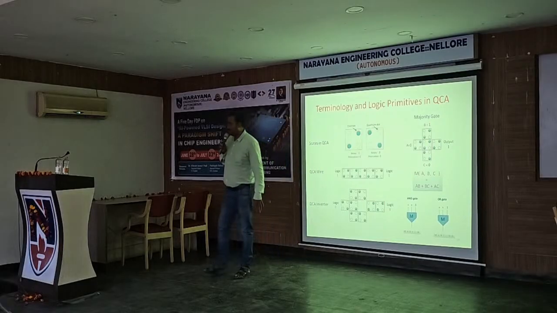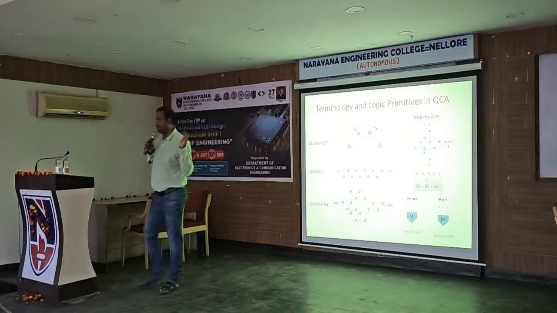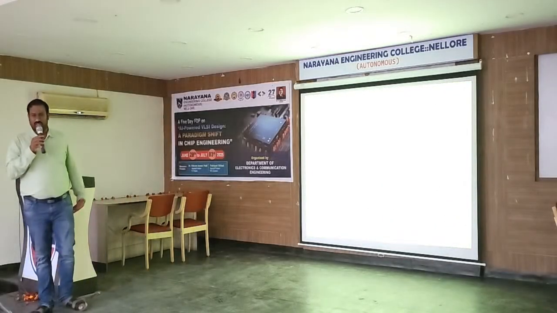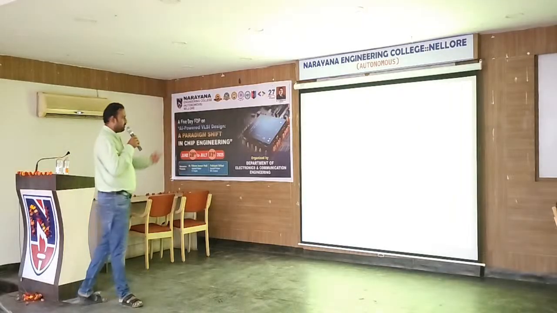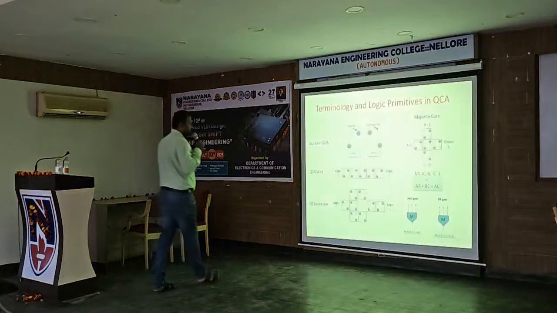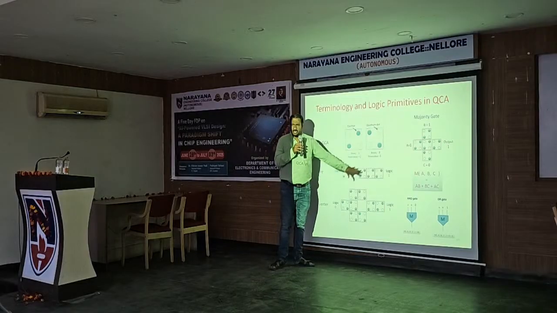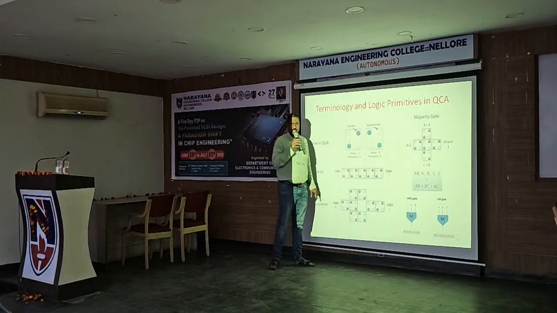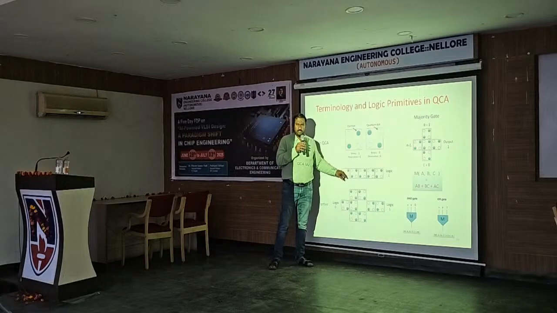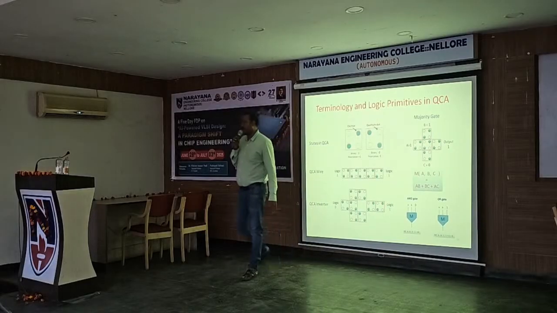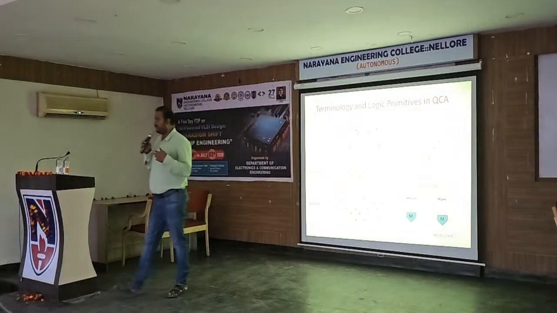When I joined for my PhD, my professor was reading this paper, and I found it very interesting, something quantum that talks about electrostatic potential. For example, this is a logic wire. How it works is that no charge flows. It only uses the force. If you place two electrons side by side, they will repel each other, and they will try to stay on the diagonal. That is how the minimum potential is used.